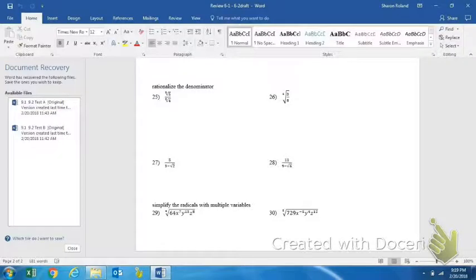Okay, in order to rationalize the denominator, you've got to get rid of that radical. And because the index is a 3, if we have 3 of these, it will get rid of the radical. So I'm going to do 2 more. What you do to the bottom, you have to do to the top. So in the denominator, because there's 3 of them, and the index is 3, you're just going to have a